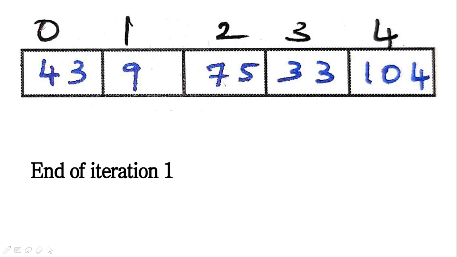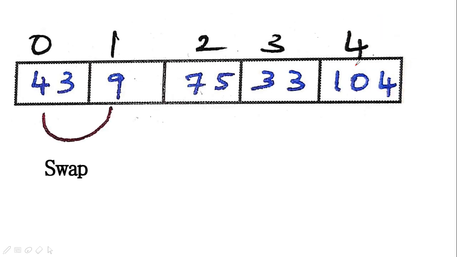In programming aspect, it will be from 0 to 4. Okay, that 0 to 4 is the index of the elements, and I have to go up to 3 only. I have to go up to 0 to 3. This is one iteration, and how many times I have to repeat is, you have to repeat it n minus 1 times. So if there are totally 5 elements, I have to do 4 iterations.